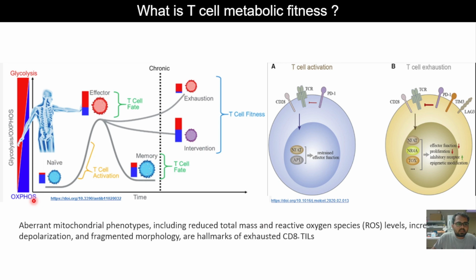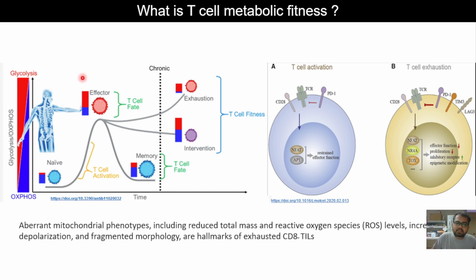So if you see, for example, naive cells, if you compare the total metabolism of naive cells, whether it is more glycolytic or OXPHOS, we can say you can see here naive cells have more OXPHOS metabolism and less glycolysis. When these cells are activated, the OXPHOS is more or less, or you can say slightly decreased, but most prominently